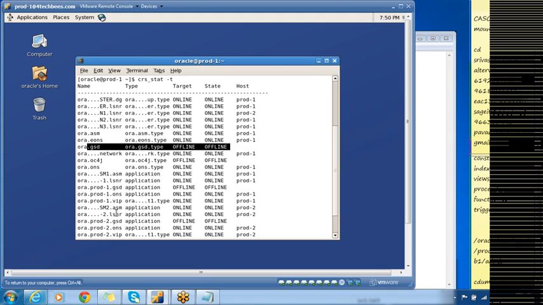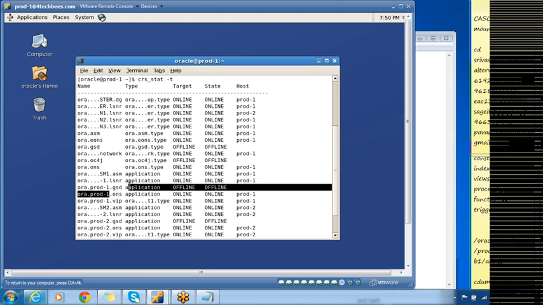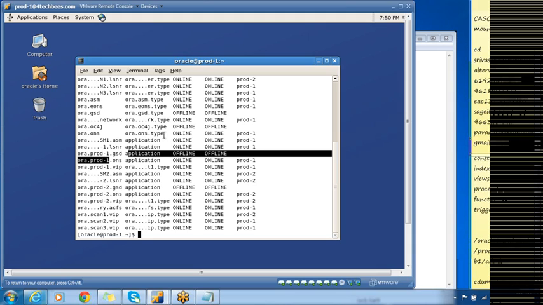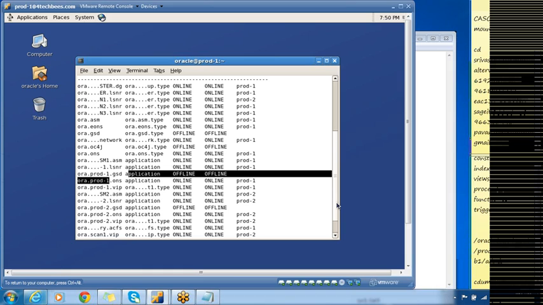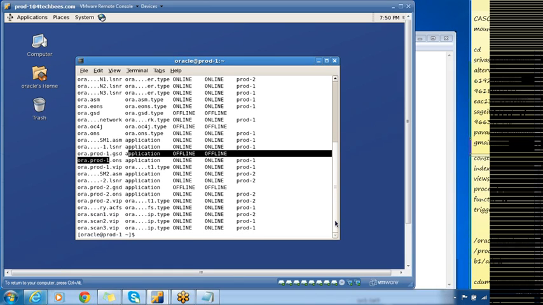We configured the SCAN using DNS, so we are not using GNS, and that is the reason why the GNS resource is offline. So you can just forget about this, and the rest of the resources are online. You'll have the same resources running on node 1 as well as on node 2, except the SCAN. Two of the SCANs will be running on one node, and the third SCAN will be running on the second node.